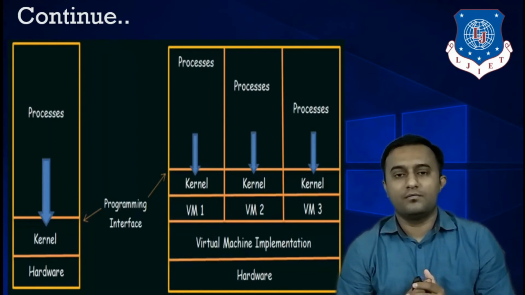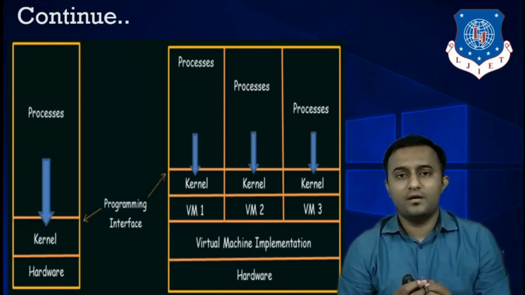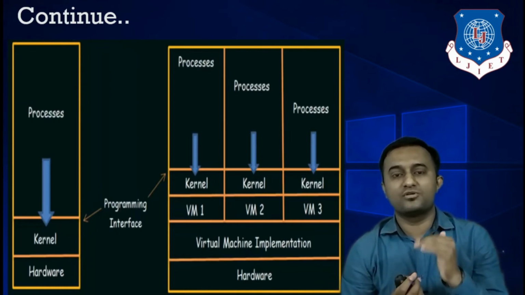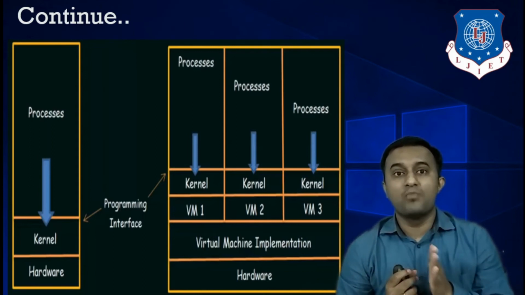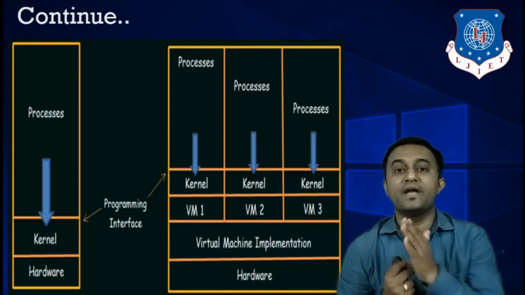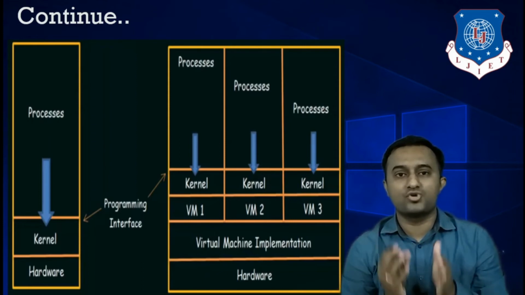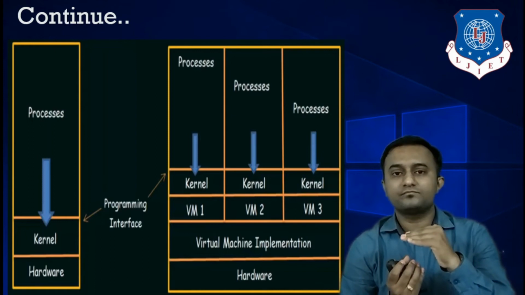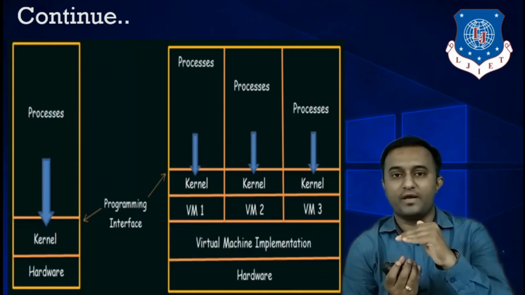Once we have downloaded it successfully, then with the help of this VirtualBox we can install multiple operating systems, as I told you earlier. Suppose you want to install three different flavors of Linux operating system: one is Ubuntu, second one is Fedora, and third one is Red Hat. These three different types of Linux operating system you can easily install with the help of this VirtualBox software. What you need to do is, with the help of this VirtualBox software, you need to create